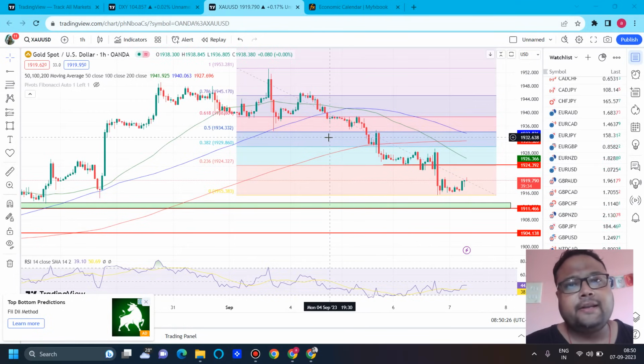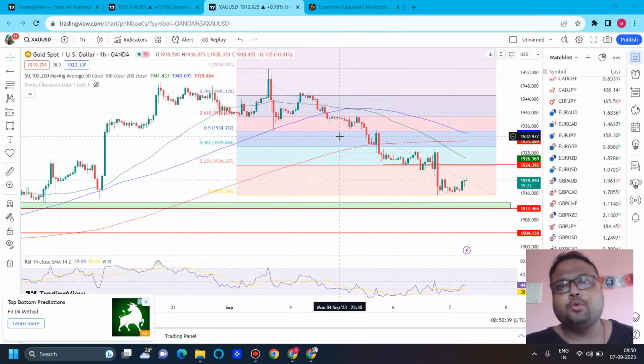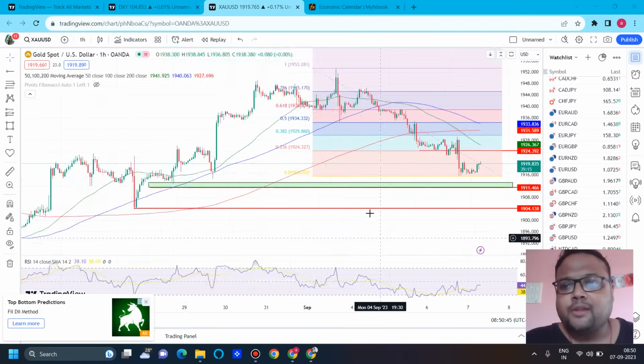So first of all, 1925 is the resistance. If market reverses, we can look for a sell. 1924.5, 1925, 1926, that particular area, and then around 1930. Clear? So those levels are valid for day trader. As a day trader, those are valid for you also. Clear? On the other hand,